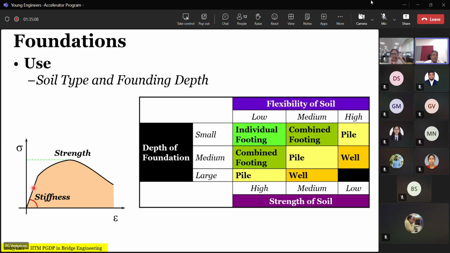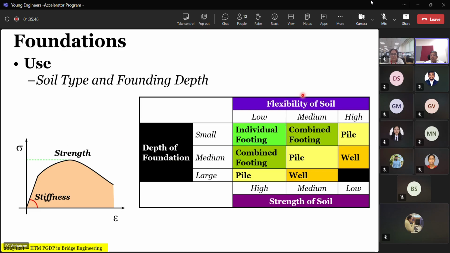So you primarily look at the strength to strain ratio. Initially all of them are very stiff, and after some time, for the additional load, because soil is definitely not a linear behaving material, it will tend to lose its stiffness very quickly, and after some time it loses so much that you will have what is called a large displacement failure. Okay, so when you have this kind of behavior between soil and any foundation,